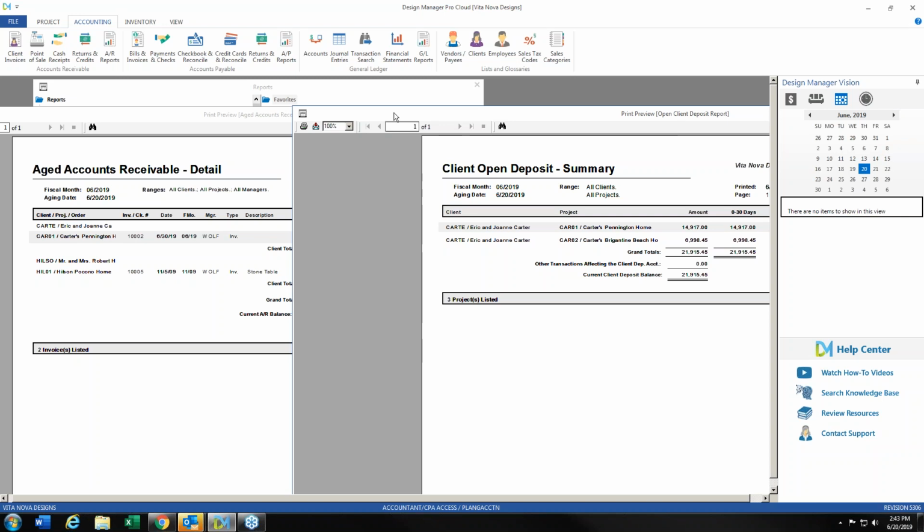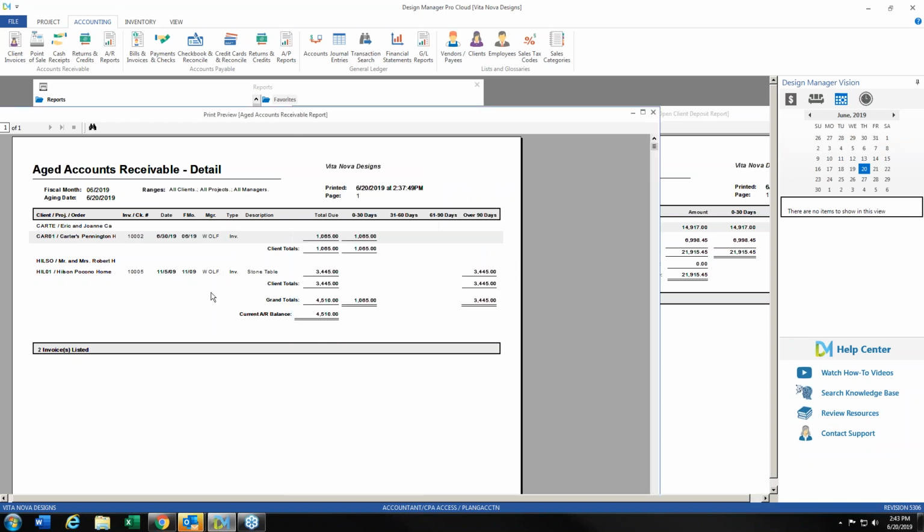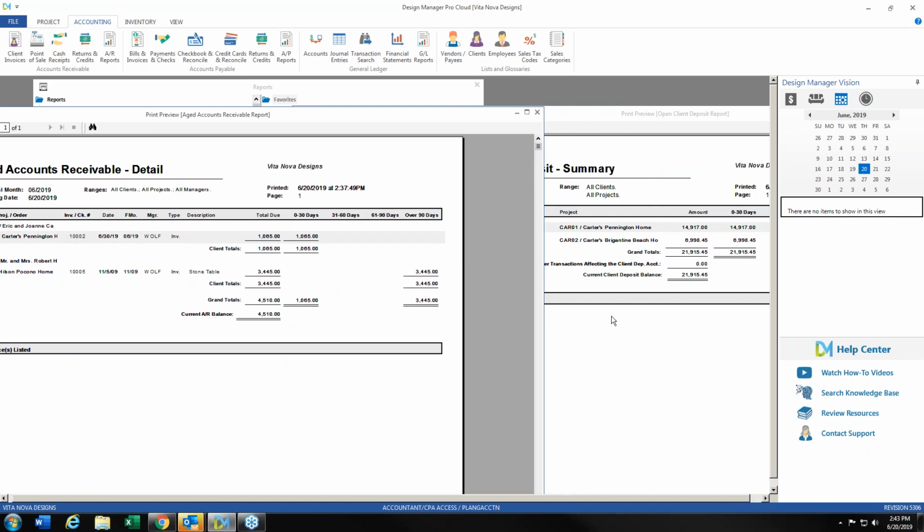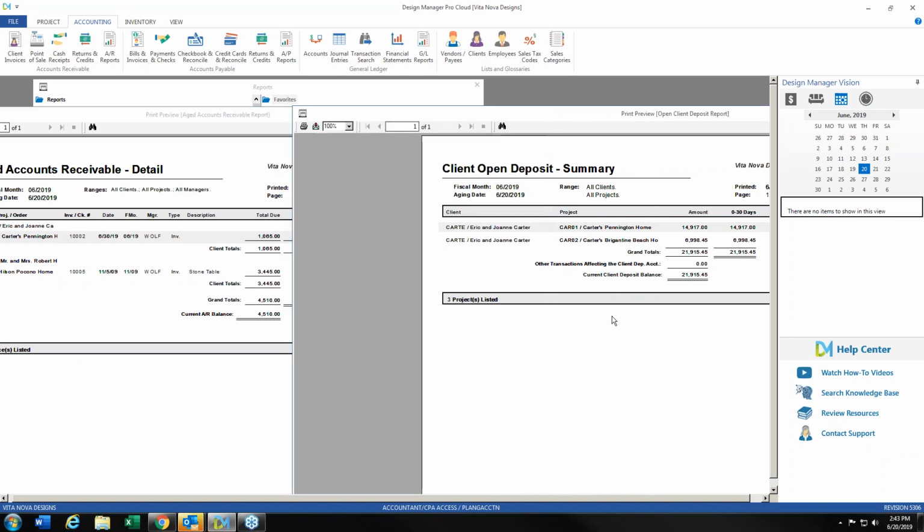I would suggest reviewing these two reports at the same time and making sure that everything that says outstanding hasn't just not been connected to a payment that has already been received, if that makes any sense. And another place you can look in order to do that